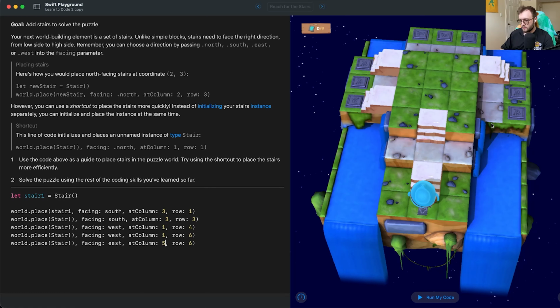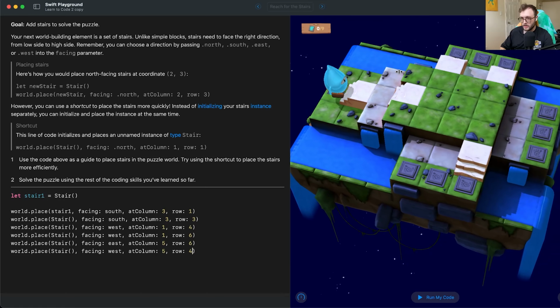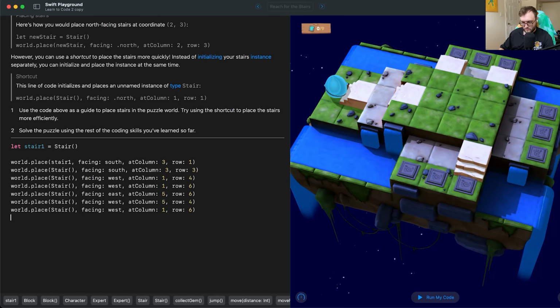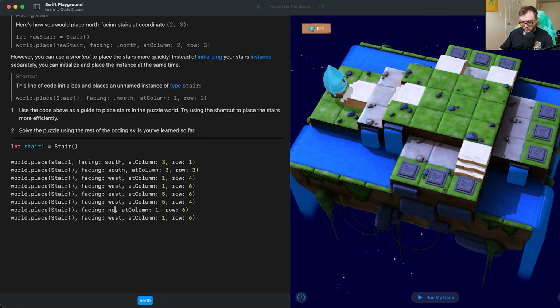There we go. We can add one at 5-4 if we want as well. Although for this one, I think we're going to probably go back on the corner, but we can populate it with stairs. And then let's do 2-7 and 4-7. And these should be facing north. So north,